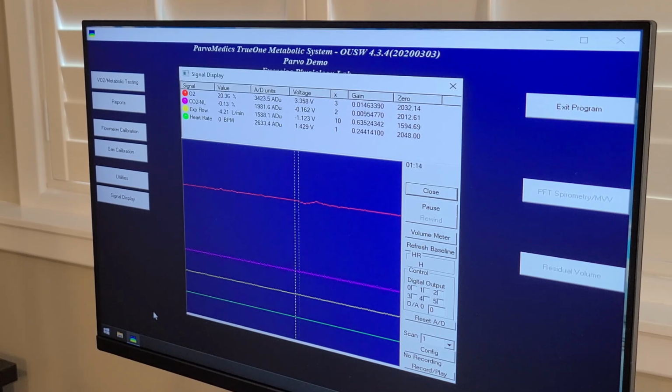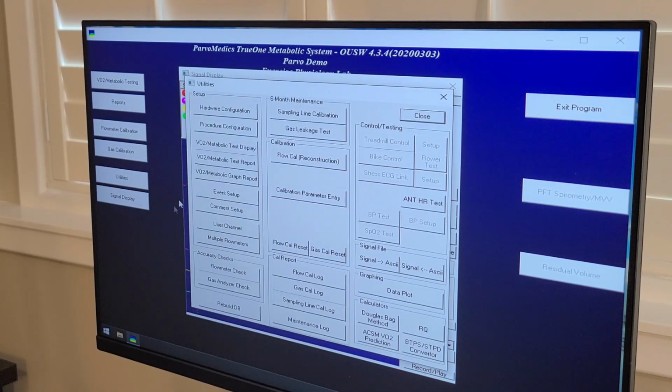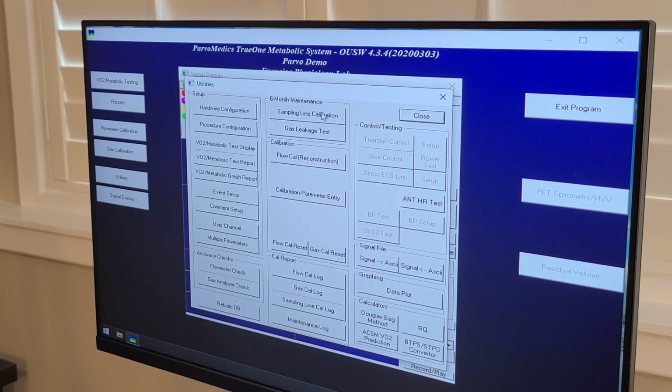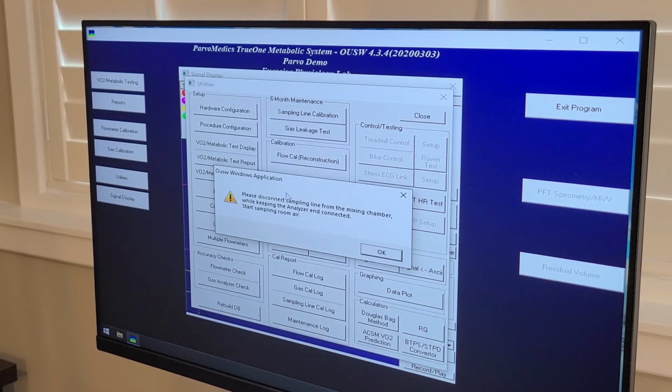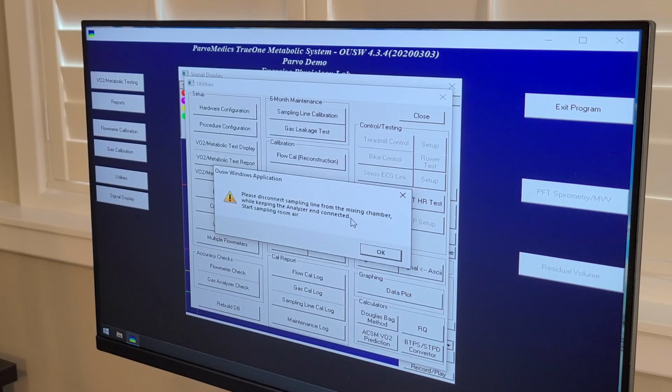Now I'm going to do the gas part of the setup. So I get to utilities, and I need to do a sampling line calibration. You do sampling line calibration to balance between your auto calibration circuit and your regular testing circuit. I click here. It says disconnect sampling line from mixing chamber while keeping the analyzer end connected and start sampling